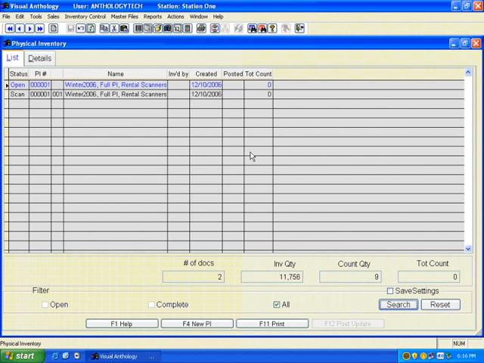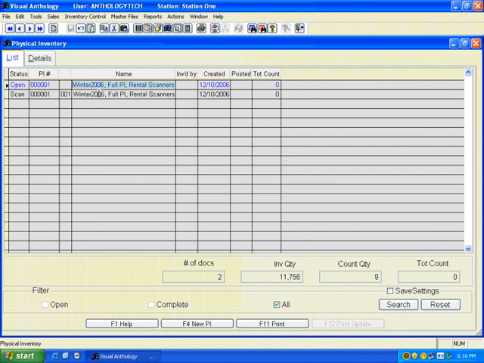So I have now downloaded my scanner batch, and if you'll notice, we now have a new record that, unlike the first one, has a status of scan, and it is a gray record. This scan status means it's something I've freshly downloaded, but I still need to review it and make sure it's in OK shape. So I'll go to the Details tab,